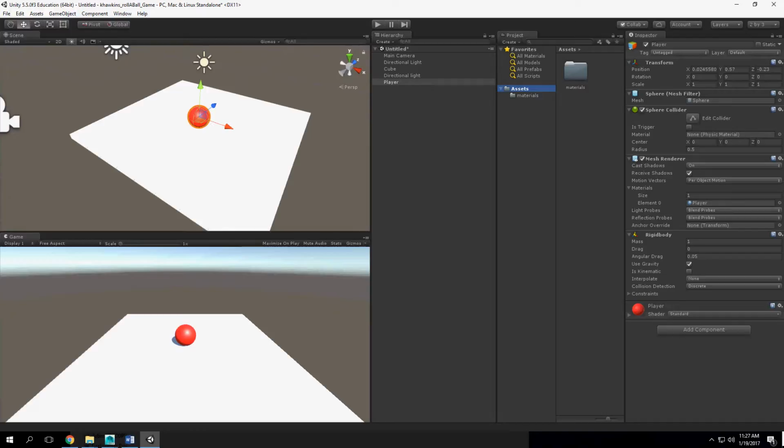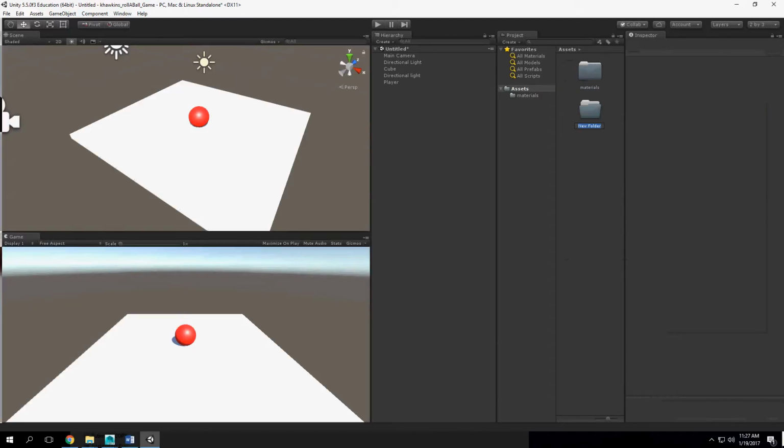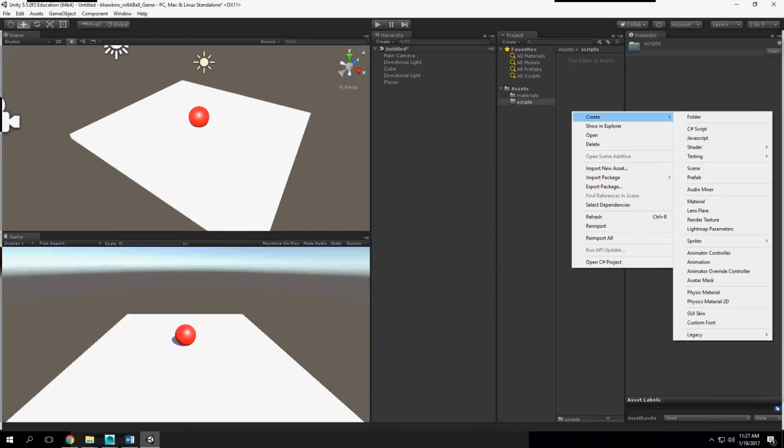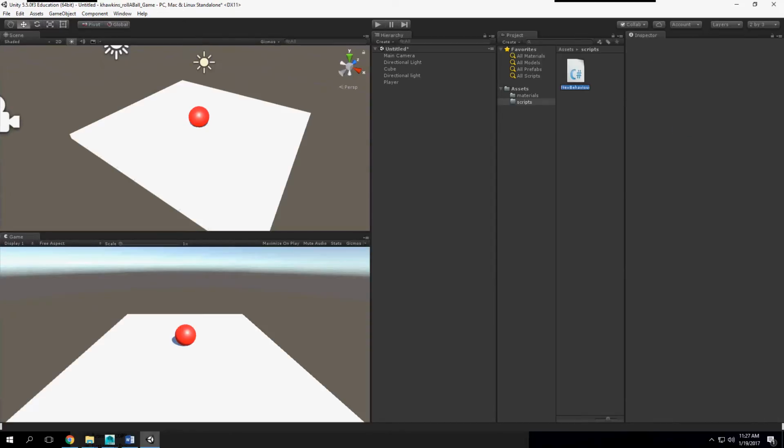Alright, now let's create a folder for our scripts. And I'm going to go to create C# script. And two things. When you first create your script, you have to give it a name. That name is the name of the class as well too, and they cannot be different. So I'm going to name this player